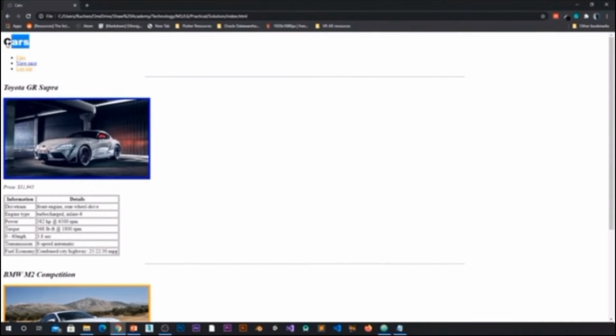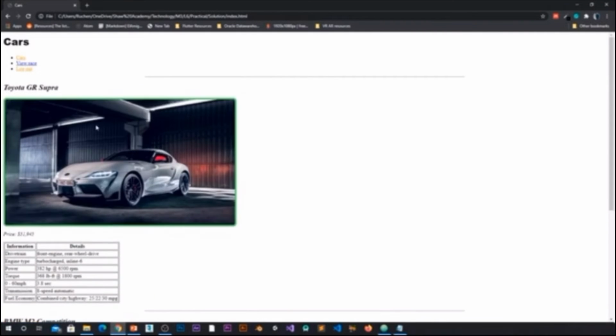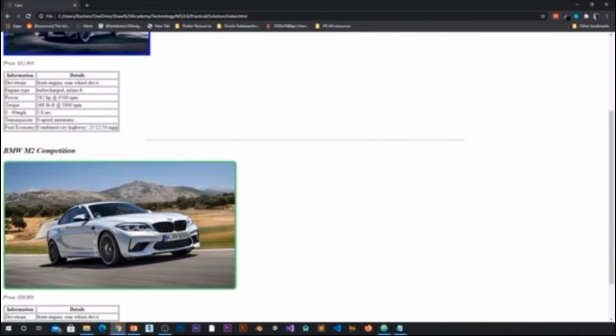You'll notice that our headings are slightly different. You'll notice that our visited links are colored differently as well. And then there are a couple of other things, like when you're actually hovering over an image, the border changes, the radius. You'll notice it's a little softer on the edges, and the border scales up to a larger size as well as the image, and the color of the border